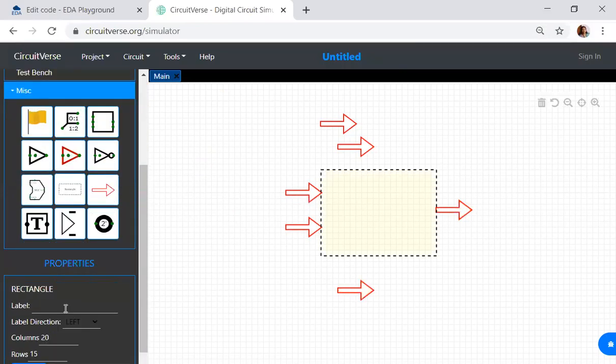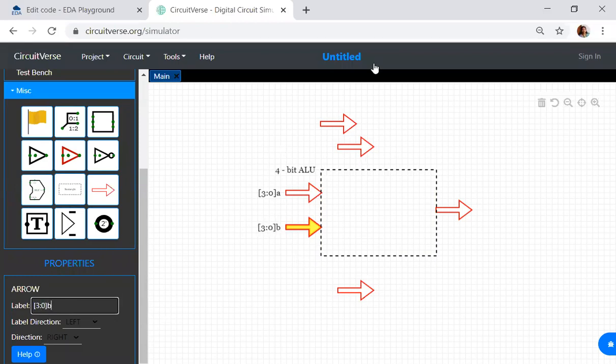First let me label this. This label is nothing but 4-bit ALU. This is a 4-bit ALU. And what is this? This is A. What is the size of A? 3 down to 0 A. I'll just use Verilog formatting only. So it is 3 down to 0 A, which means that it is 4-bit. Then what about this? Again same, 3 down to 0. It is 4-bit. It is 3 down to 0 B. So this is 3 down to 0 B.